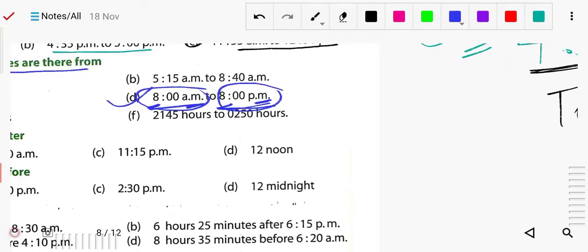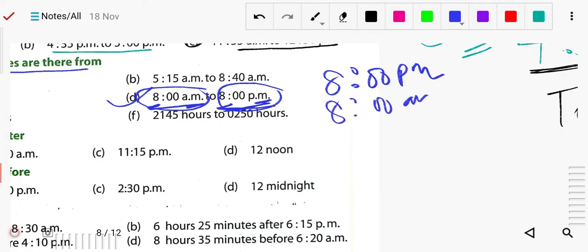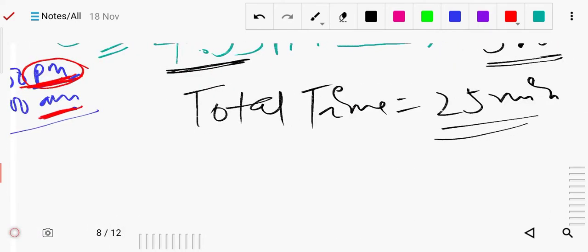What is the shortcut method? For the p.m. part you write the 12, this one 12 p.m. Now this is your 8 a.m. As I told you, we have to get the time between them, so we cannot subtract directly because here is a p.m. and here is an a.m. So what we can do, we can change this p.m. part. I am always telling that you always have to change the p.m. part, because a.m. will be the same in the 24-hour clock, the railway clock. Only the p.m. part is changing.